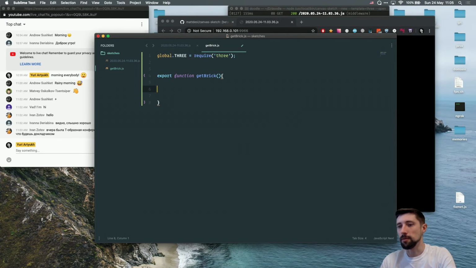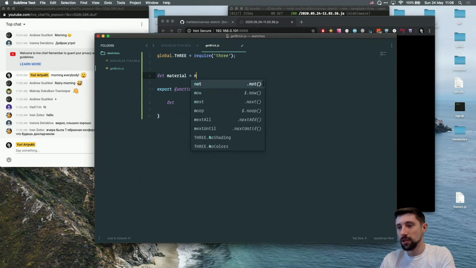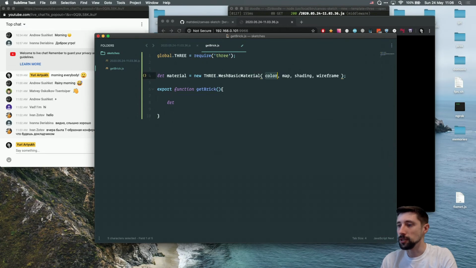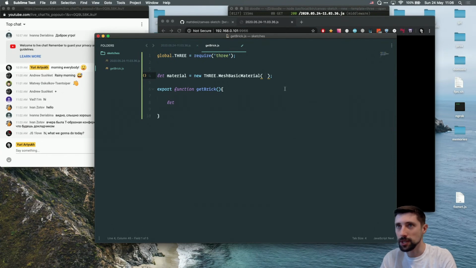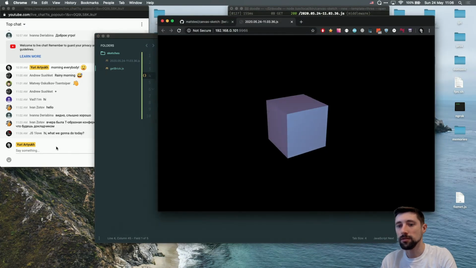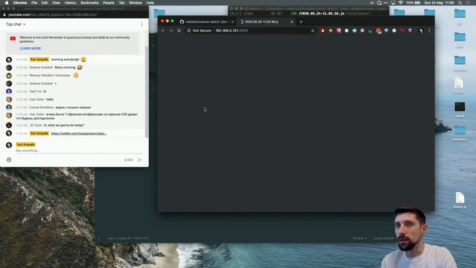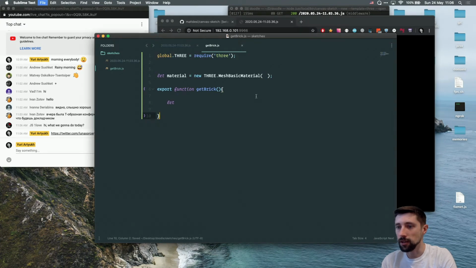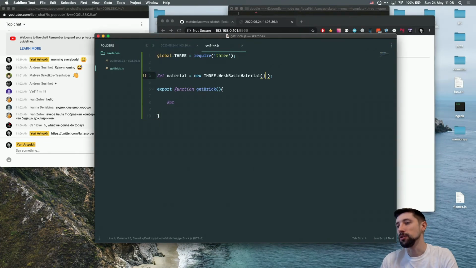Now I can do something like this. I can even create material, which is gonna be just a mesh basic material. So far we're just creating the geometry that I need to create this animation, and then we'll proceed to the other parts. Still having this alert. I don't need it. The material is going to be just the usual material. Let it be